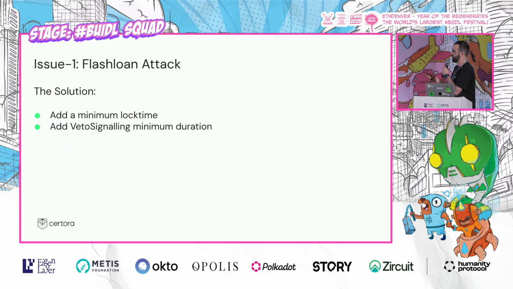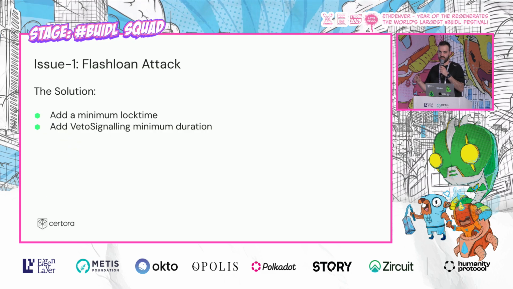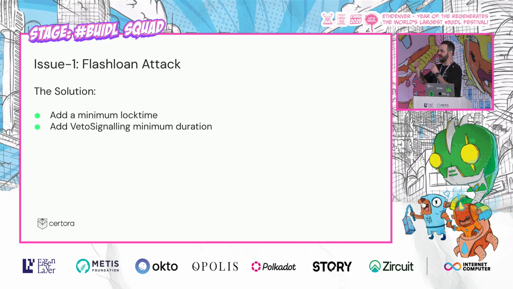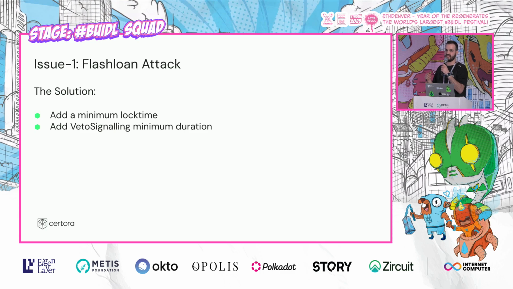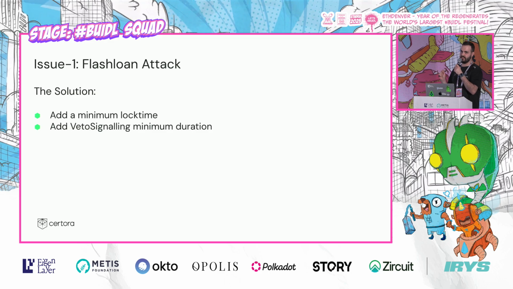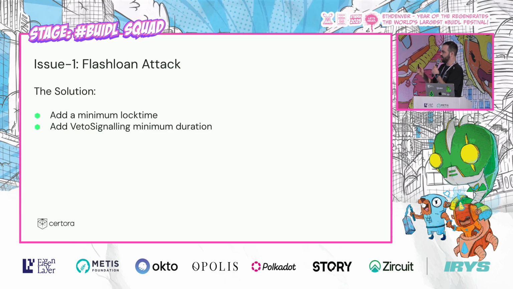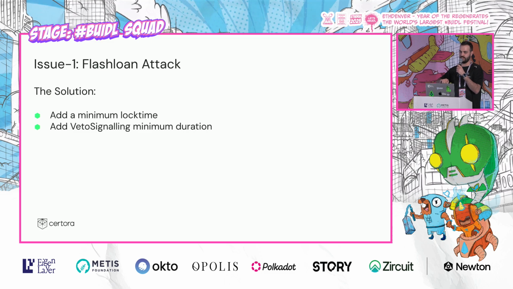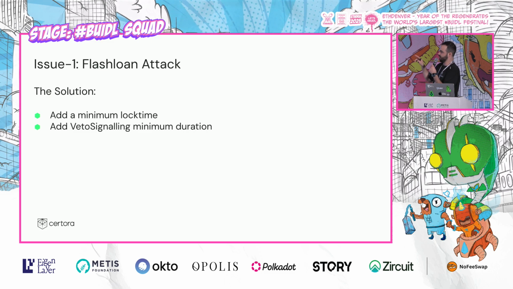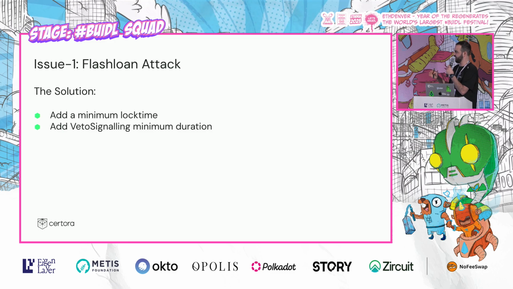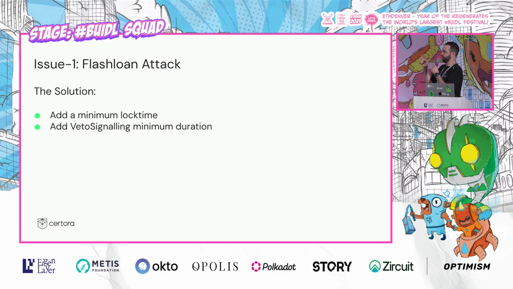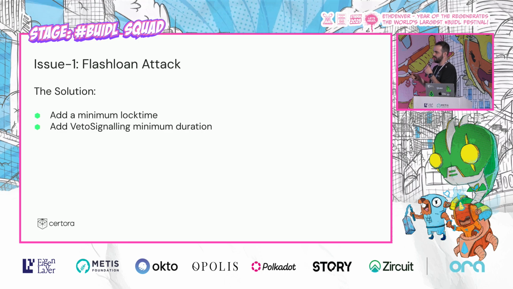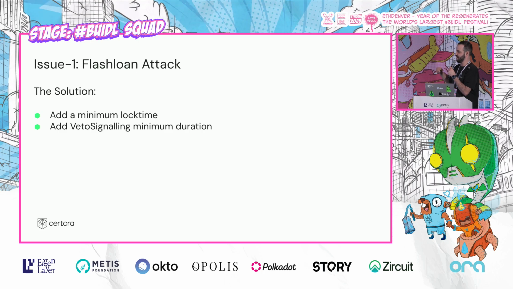We add another veto signaling minimum duration. The veto signaling minimum duration is a 5-hour duration, in which after we enter the veto signaling phase, we stay there for 5 hours, even if the funds are not there. Which means that the attack from before, where we entered by locking new funds and then immediately unlocking to revert to the deactivation phase again, won't happen here. Because now we will be in the veto signaling phase for 5 hours before we transfer to the deactivation phase.